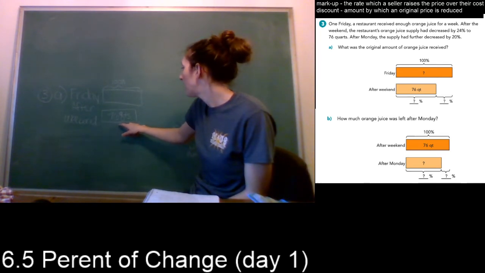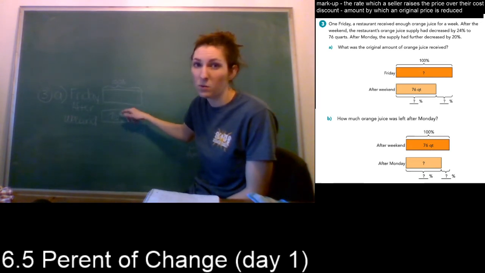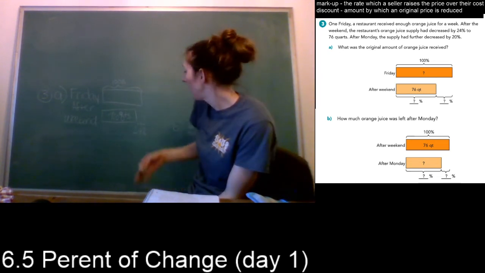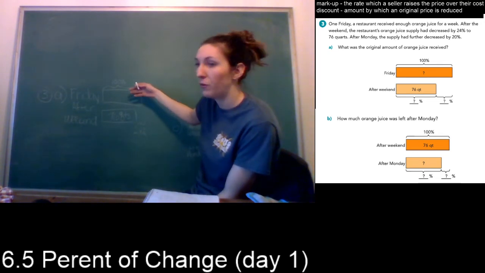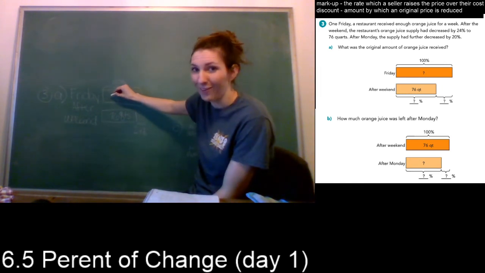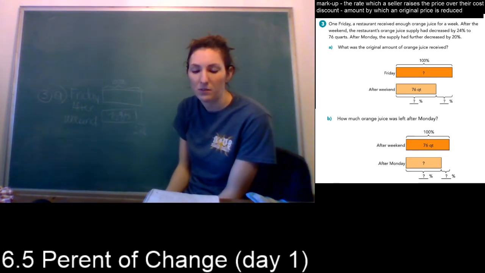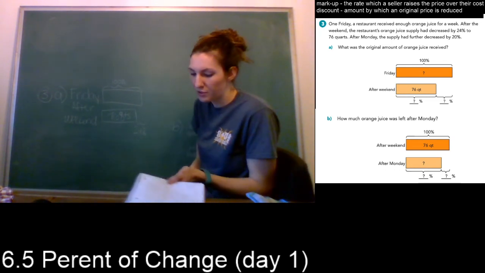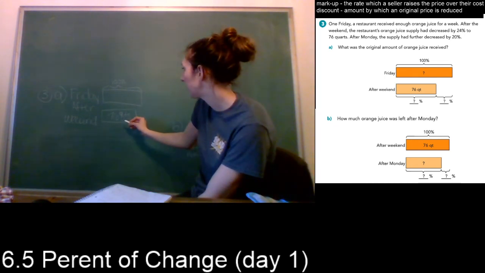So that's less than the original amount it had. When we get our final answer, it better be more than 76 quarts, or else we know we did something wrong. Again, you have 2 options. You're trying to find a bigger amount, so you're going to be adding. If you want to do it by adding the percents right away, you're trying to figure out what 124% of 76 is. The other way to do it is to figure out what 24%